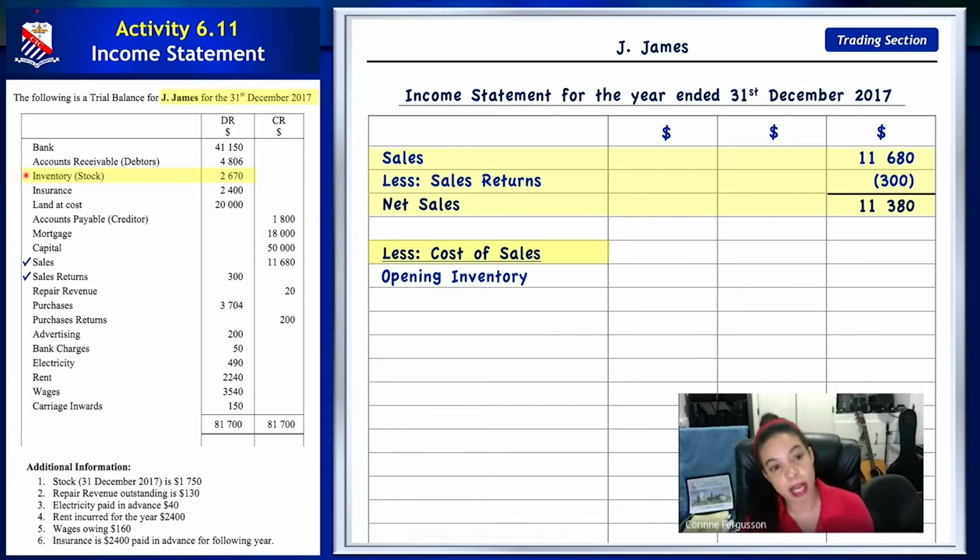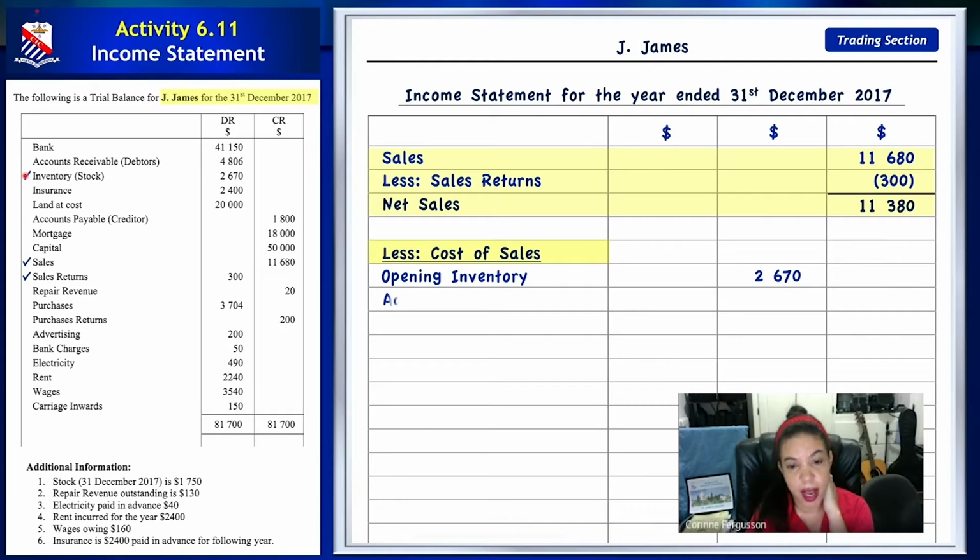But in your trial balance, this inventory that we see here is your opening inventory. We are going to put that in the middle column because we have some calculations to do before we can go over to the final or the last column. That is reserved for your cost of sales figure when we calculate it. So your opening inventory goes in your middle column,